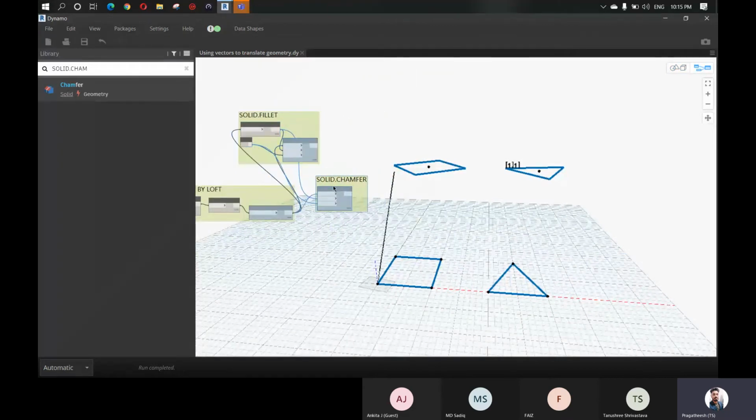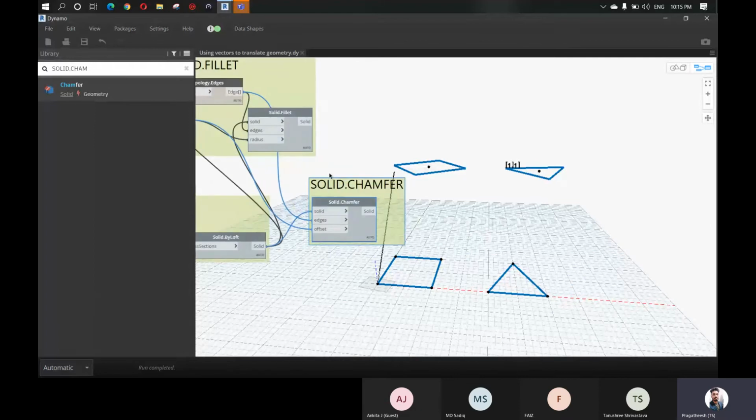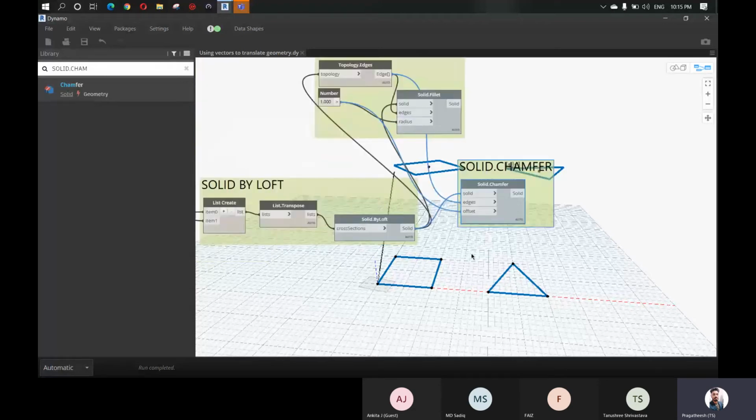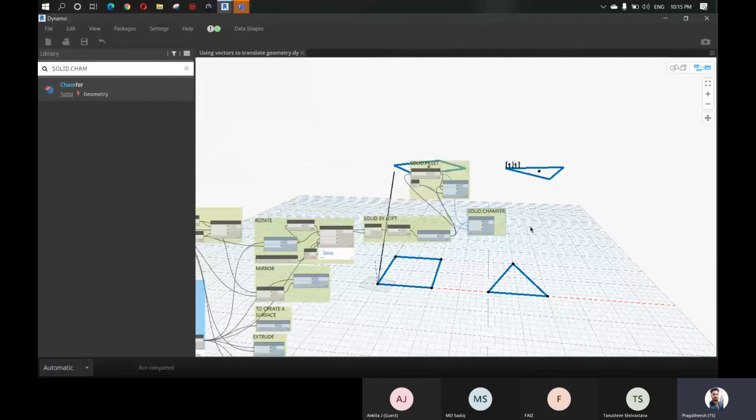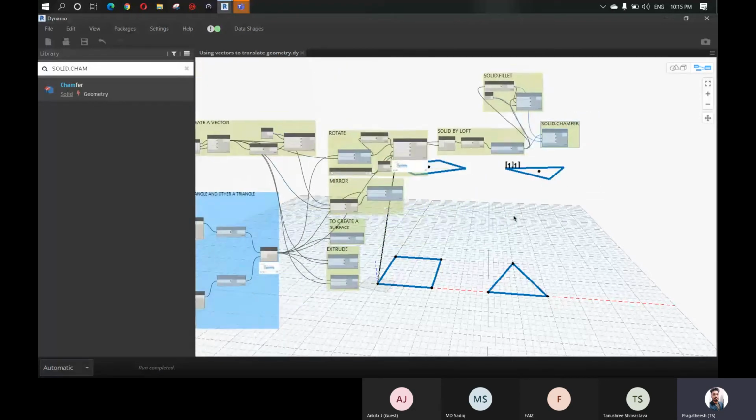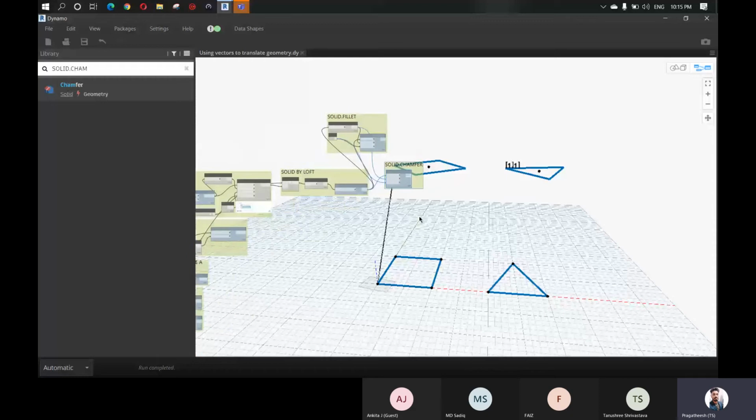Because Dynamo works like this, it doesn't modify the exact geometry, it just creates a copy of whatever we are doing. So if you don't want to see the previous one, you have to just hide everything. So that is the reason you can see I have hidden many things like this. Just a minute.